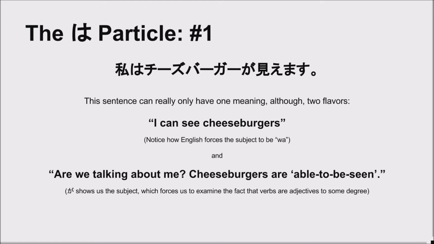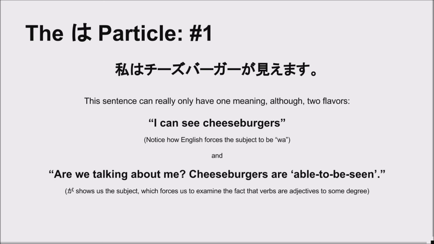What we're saying here is that cheeseburgers are able to be seen, so to speak. Notice how that almost sounds like we're making it passive. I eat cheeseburgers. Cheeseburgers are eaten by me. I can see cheeseburgers. Cheeseburgers can be seen. This isn't really the passive, but it is, but it isn't. It's really the potential. Japanese potentials, able to do something, and their passives, cheeseburger was eaten by me,